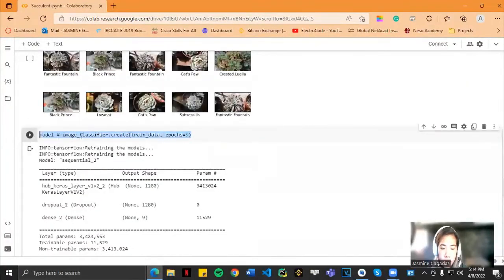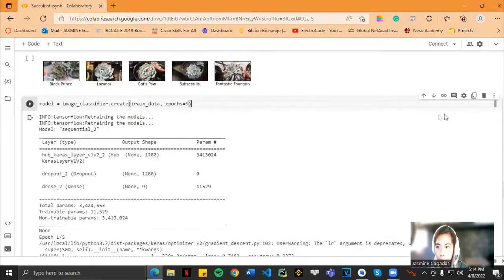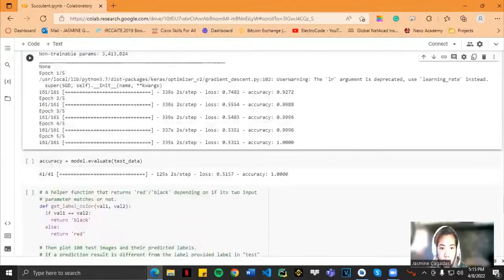And this one is the line of code that is responsible for training the dataset. So the .create method is from the TF Lite Model Maker, and we can pass some parameters here, such as the epochs, the train data, and even the pre-trained model that you would want to use. So I used the default, which is the EfficientNet-Lite model. And then after that, the accuracy was evaluated, and it resulted in 100%, which is not really that accurate